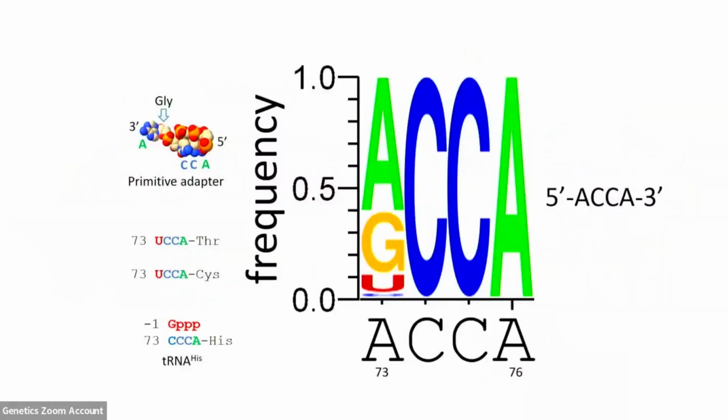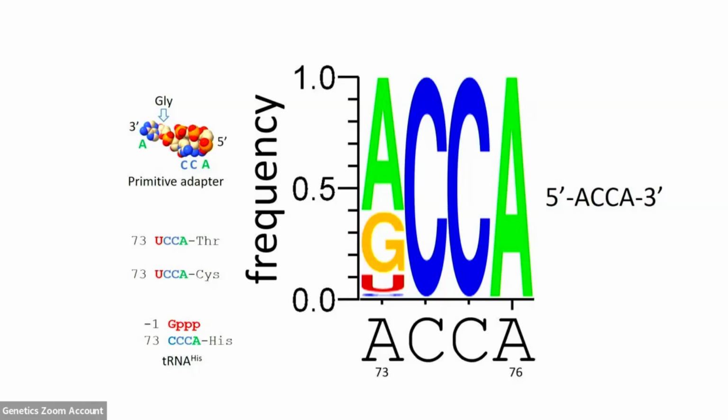Oh, and I forgot our little logo at the end, ACCA. Okay, so this is a little Lego piece. I'm going to say that ACCA with glycine at the 3'O is the primitive adapter molecule. In tRNA, this base becomes the discriminator base. It's usually A, the oldest sequence, and then reluctantly G and more reluctantly U, only for threonine and cysteine, and C only for